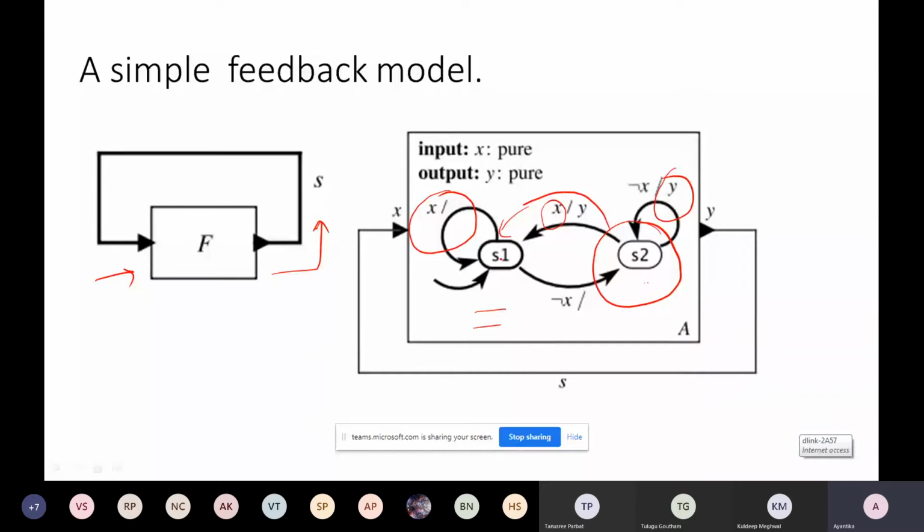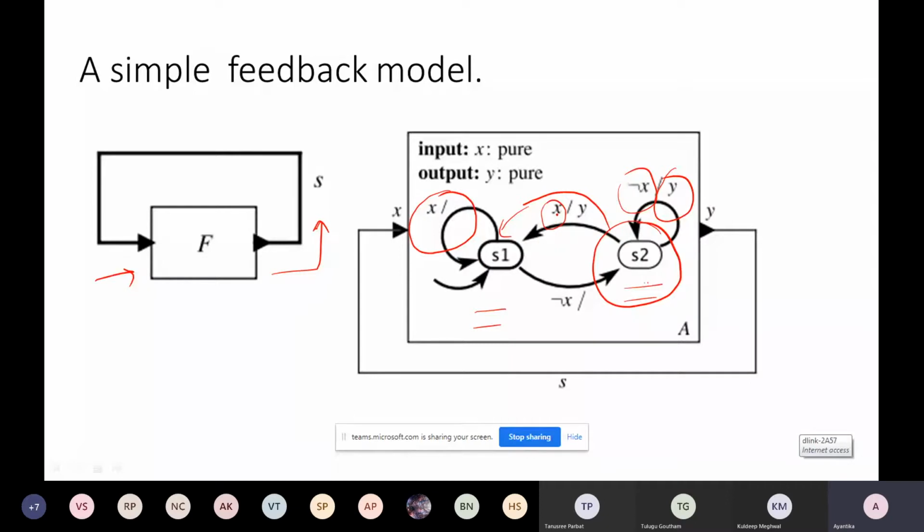At state 1, you have accepted your input, that is X. According to your logic and specification, whatever it may be, you have done some computation and reached state 2. At state 2, if there is no input, then your system will remain in state 2. If there is, according to your logic, some input X, then it will make a transition from S2 to S1 based on this X. Now, this is pretty simple.